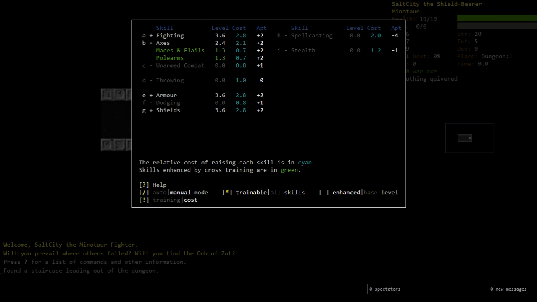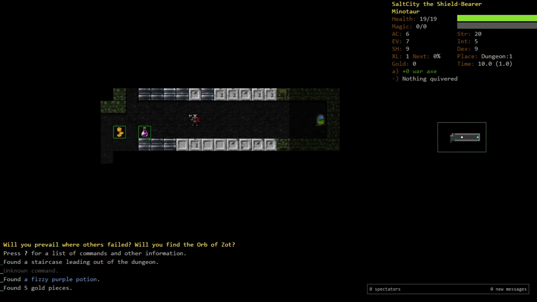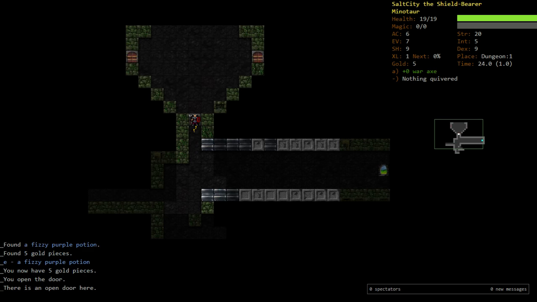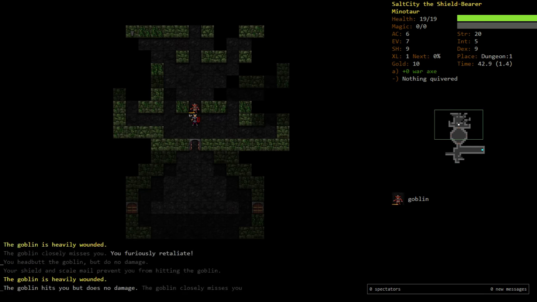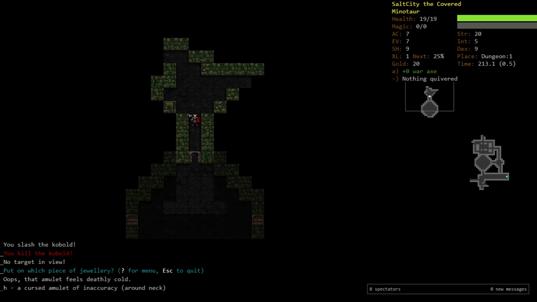So this is fairly basic strategy. Anything I do here, just follow it. You'll be fine. Probably not going to go shields this game. That's right, and I might go a bit of armor just because I can. Make sure to have manual training on. If you guys don't have it on, you should. I'm not going to explain too many of the mechanics of the game in this one, just because